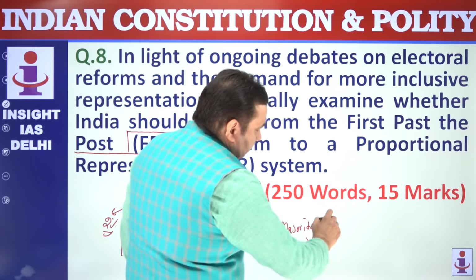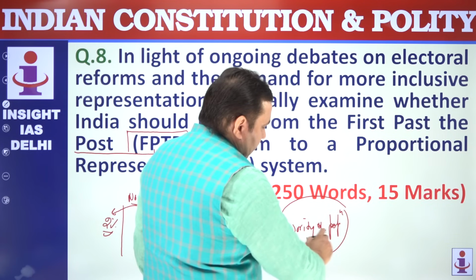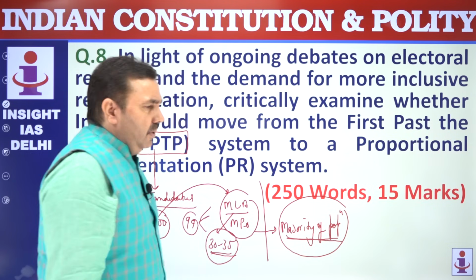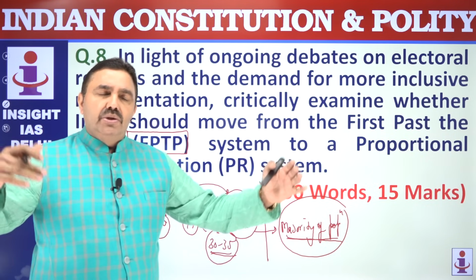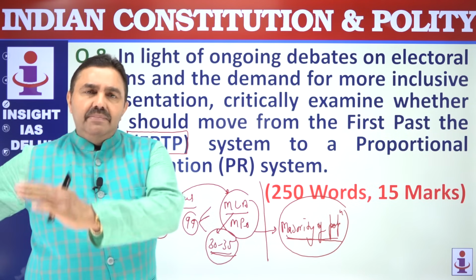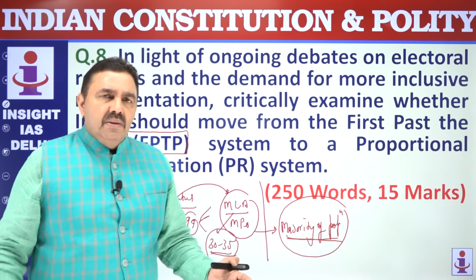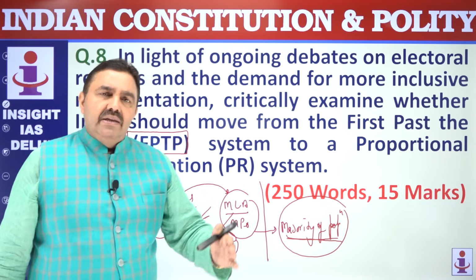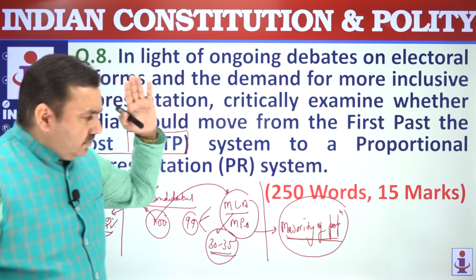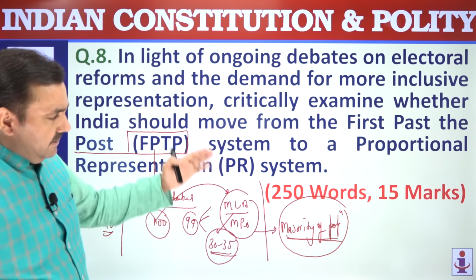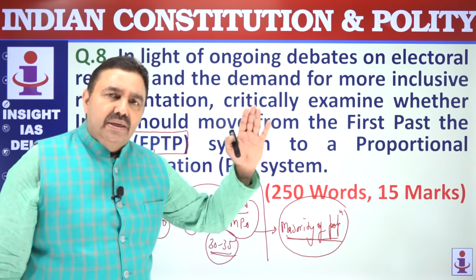Forget about representing all. In a democracy, representing all is practically impossible. Even if there are two candidates, and one gets only 1% of votes and the winning candidate gets 99% of votes, that's a phenomenal victory. That generally never happens. But even in that case, the winning candidate does not get all the votes. So in a parliamentary democracy, in a constitutional system, it's practically impossible for anyone to get 100%